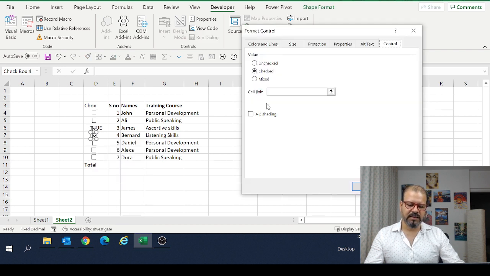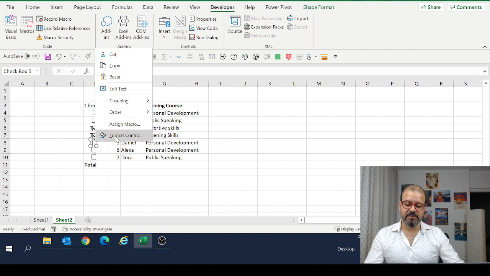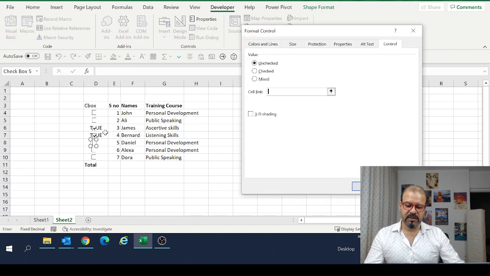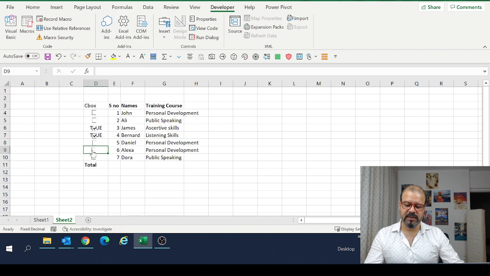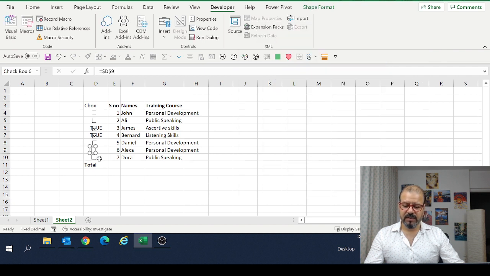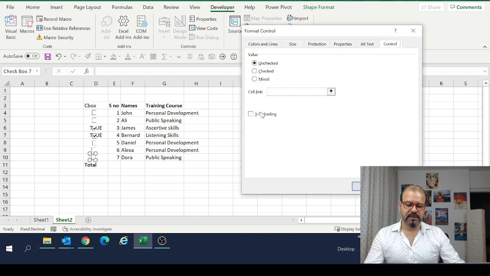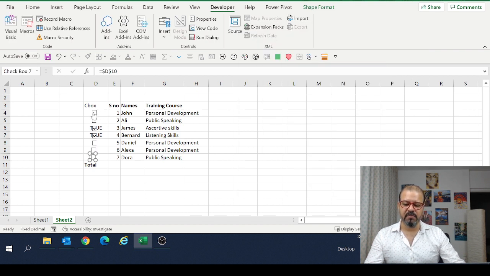It's a little, as I said, slow, but once connected, it's quite a handy exercise that helps you in the long term. I'm connecting the next cell here. The second last we will select, format control, link the cell, and the last one, last but not the least, link the cell. So cells have been linked, and you can see the moment you click on the checkbox itself,